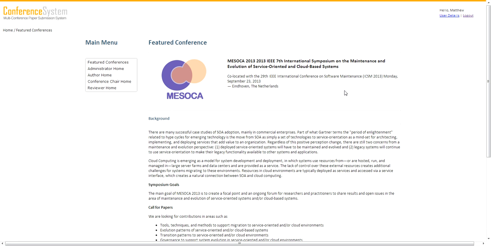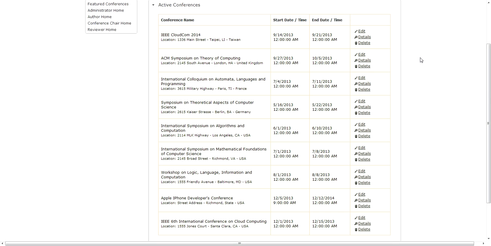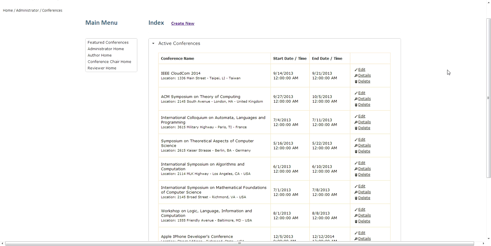Alright, this takes us to a generic start screen. This menu is based on the user's roles. So this user has administrative, author, and conference chair roles. We already have some conferences created within the system, but we're going to go ahead and create